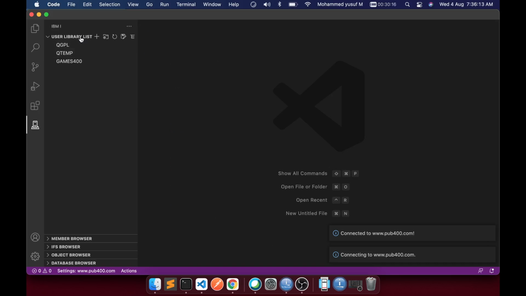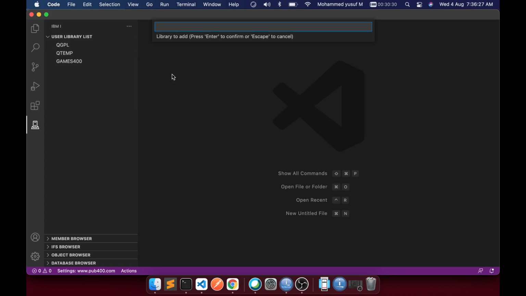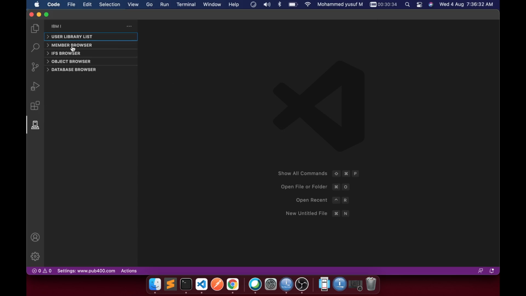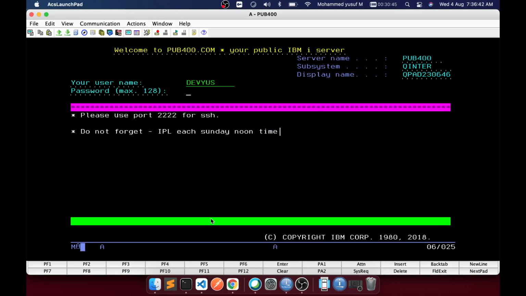On the left hand side, you have a user library list. Basically it's the library list used during the compilation of the code. If you want to add a library, just click this and add the library. Then for member browsing, by default it comes with QSYSINC, but that's okay. Let's try to see this in PUB400 as well.